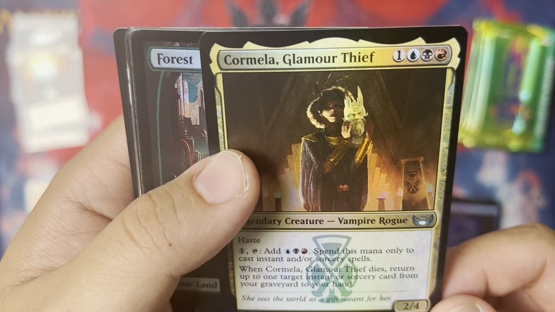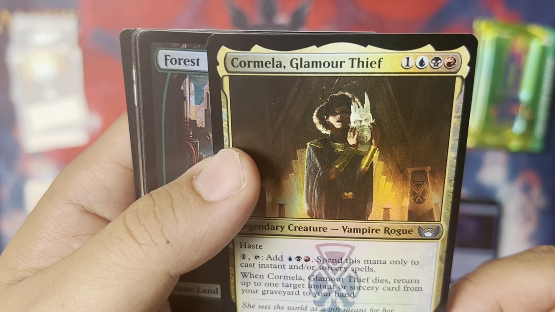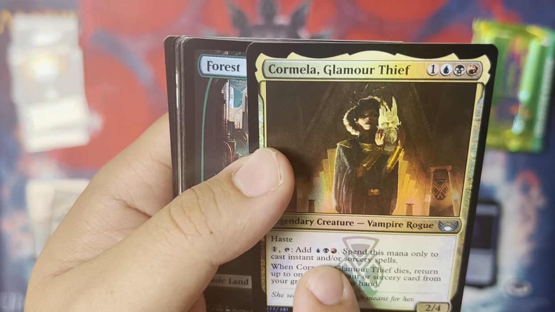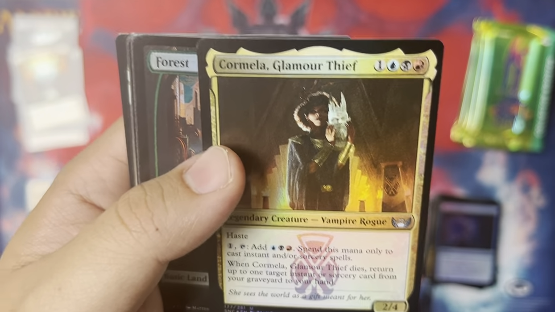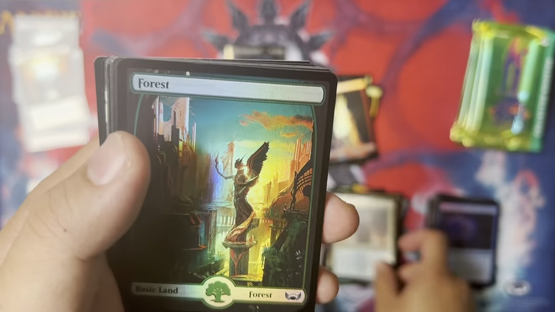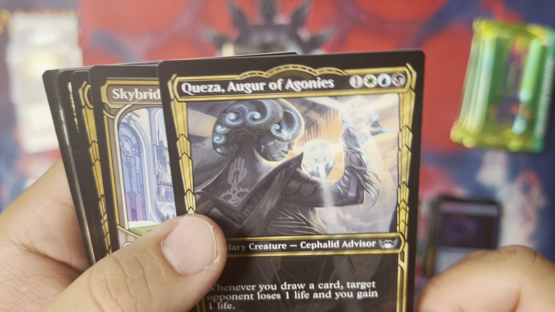Cormela, the Glamour Thief. It is a legendary, so you might want to use that as your commander. It's pretty cool, right? It has haste. When you play it, you can tap one and then add Grixis mana. Spend this mana on instants and sorceries, so it's a pretty good instant and sorcery commander if you want to play, like, not Pauper, but only uncommon and common cards. I don't know what it's called, peasant. And all right, so we got